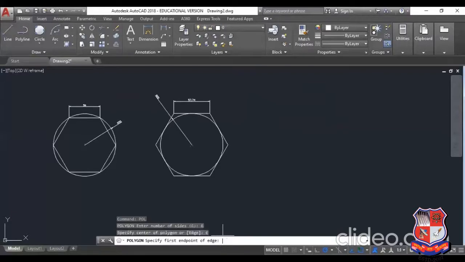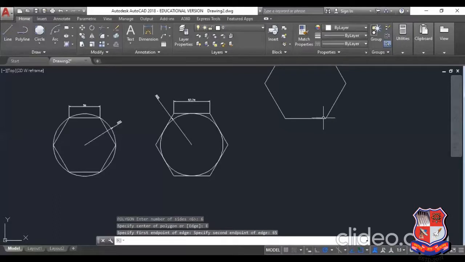It will ask me to specify the first endpoint of the edge, meaning the polygon's first endpoint, and now you can see the second endpoint. I can also write this value, 65. Suppose I want to create a polygon having a 65 edge, then enter.